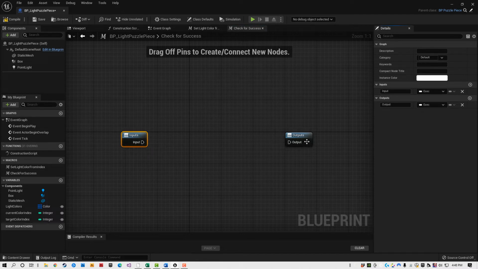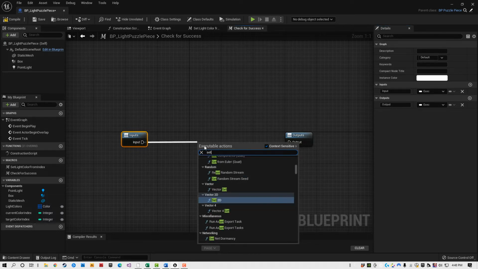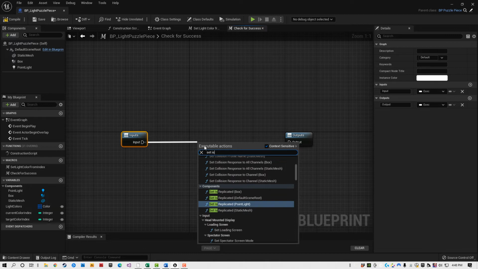So we have our input, we have our output. What we're going to do is check if they're the same. Our current color is the same as our target color. If so, we set our success to true. So all I'm going to be doing is setting my is success